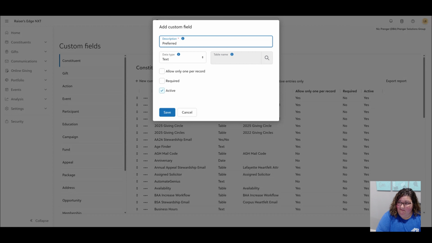Today we're going to add a custom field in WebView. And to do that, we'll start at the home page from the menu in Settings. We will choose Custom Fields. We're going to add a constituent custom field, and let's say it's called